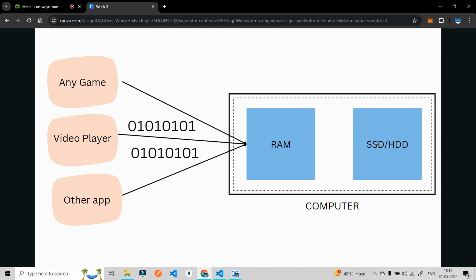But when we run these applications, when we double click on an application, it starts running. As soon as we double click on it, it goes into the RAM, the random access memory. They reside in the HDD until the time they are not running, but as soon as we start running that application,